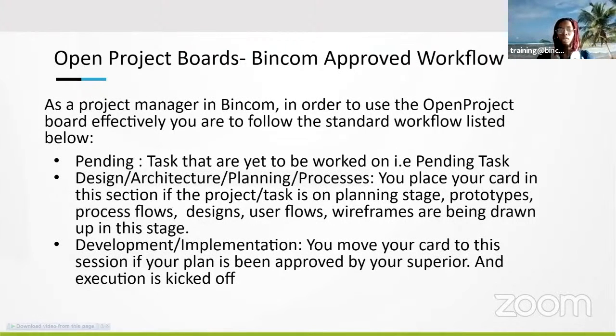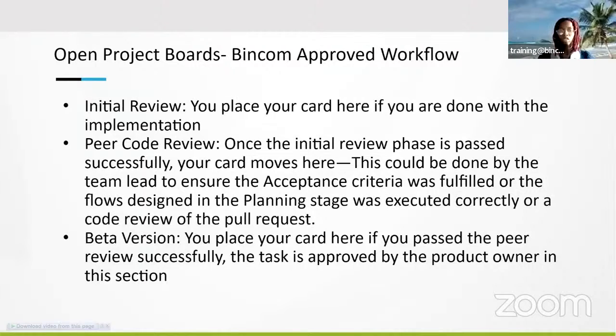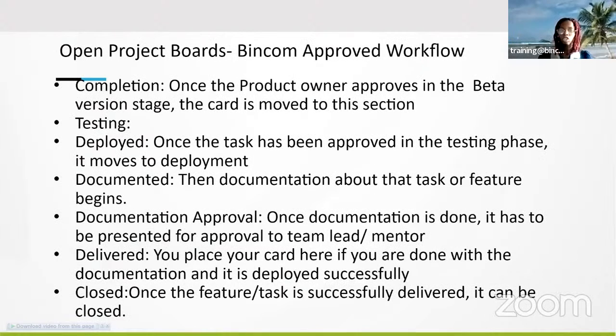It's from pending, then we have the design, architecture, planning, and process. You can easily get this breakdown from your team lead. You have the development and implementation, initial review, peer code review, beta version, completion, testing, deploy, documentation approval, delivered, and close.